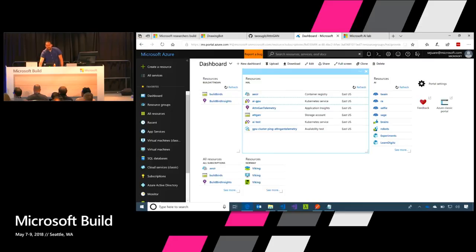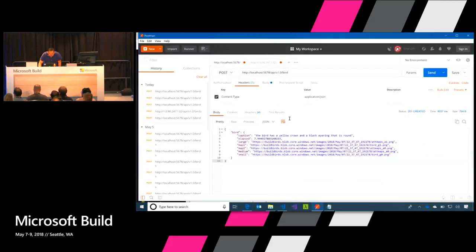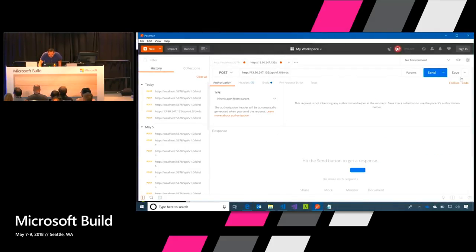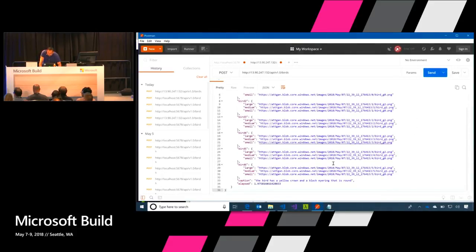And this Kubernetes cluster has all of those GPUs running. 2 VMs that have 4 GPUs each in them, and we created like 8 to 12 pods. I don't remember how many there were. And so now when I run it on the actual good one, and I hit a request, send, give it a second. I wasn't kidding.